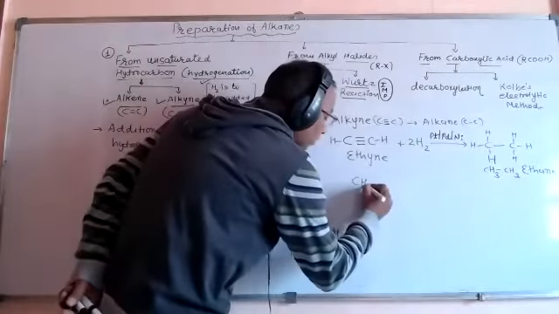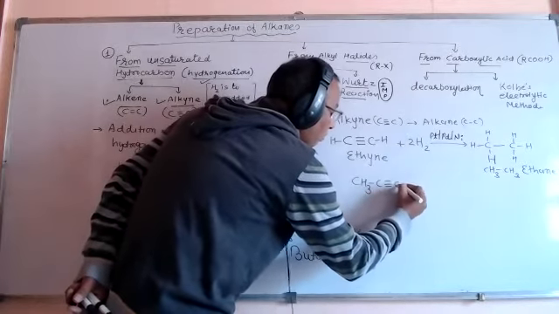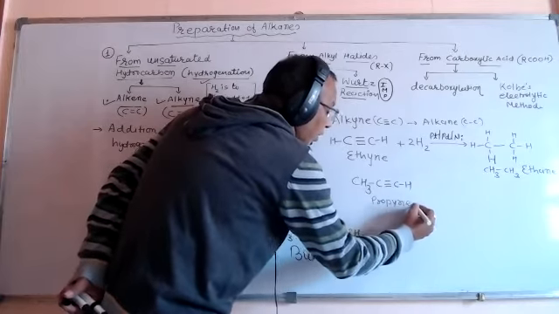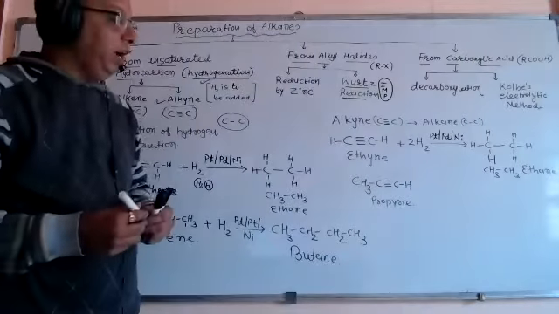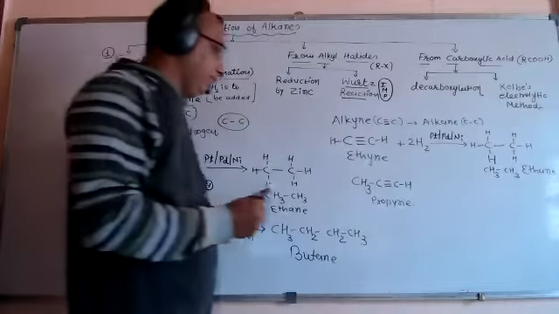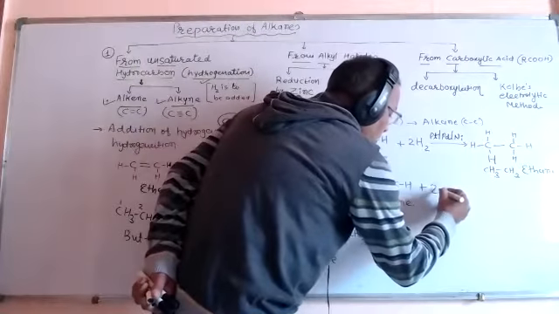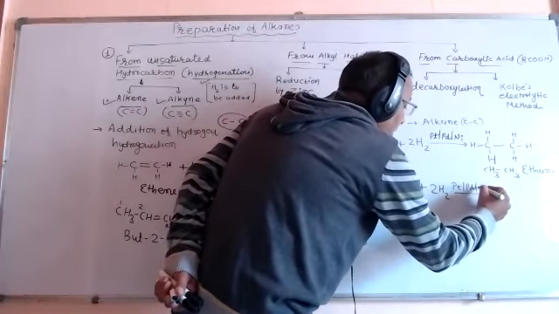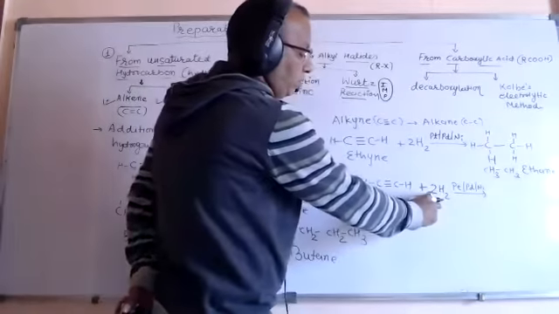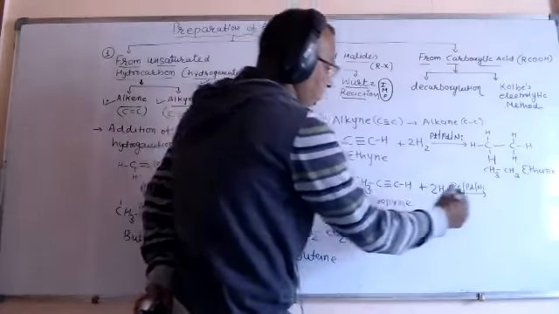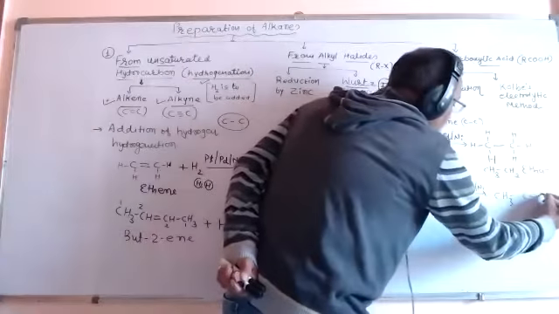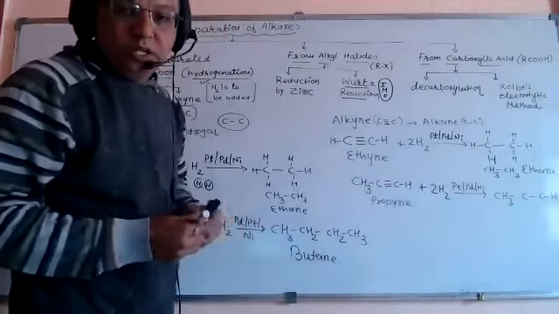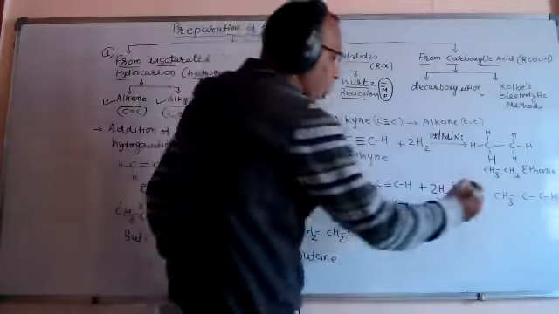Look here. This is CH3, C triple bond CH. This is propyne. 3 carbon is prop and yne. For the triple bond, 2 hydrogen molecules, Pt, Pd or nickel, 4 hydrogen atoms will be added. Here, friends, look, CH3, C and CH. You can see the triple bond was there. The triple bond is now converted into single bond.